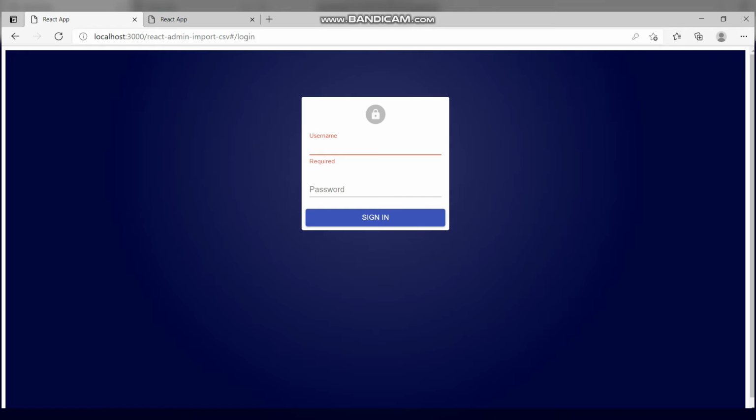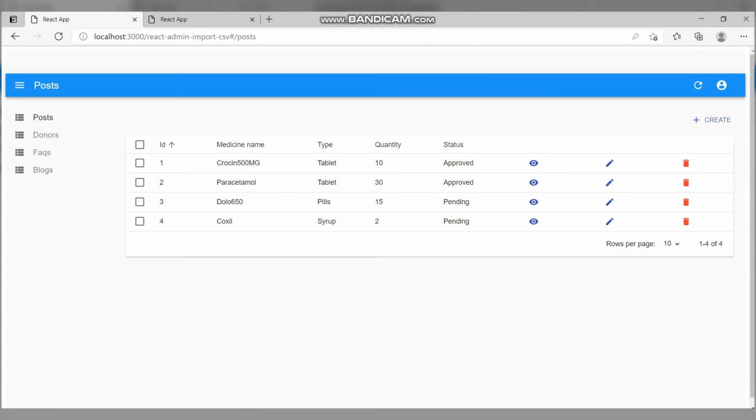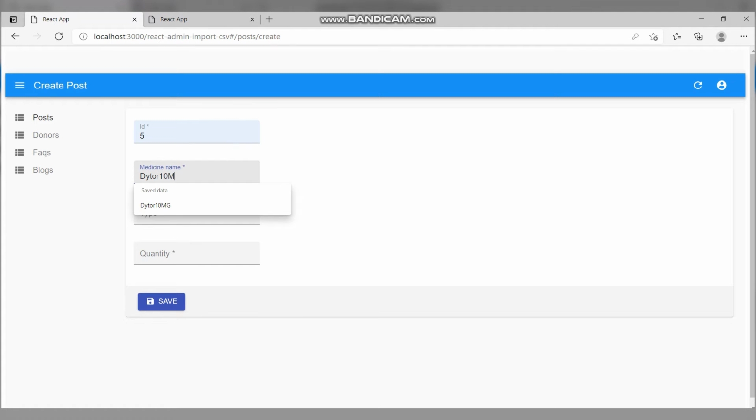So moving on to the NGO portal. This is an NGO panel where NGOs can log in if they already have an account. Let me just log in first. So this is an NGO panel. Here we can add medicine by clicking on create. Let's add one medicine, let's say ID 5, medicine name, type, quantity.